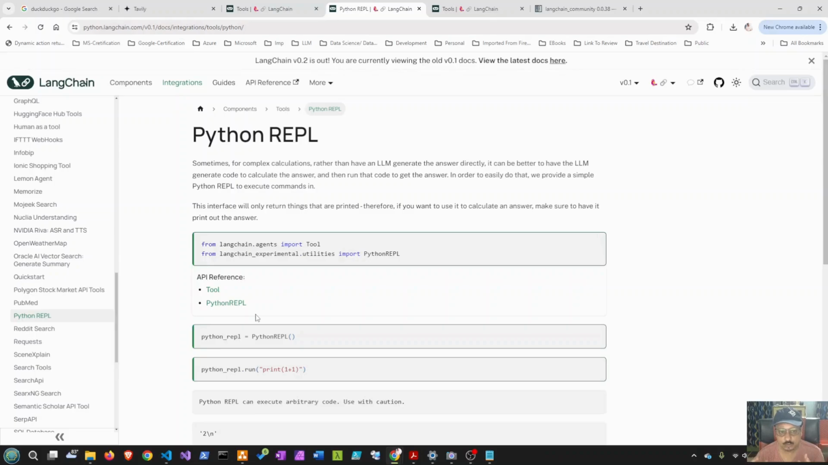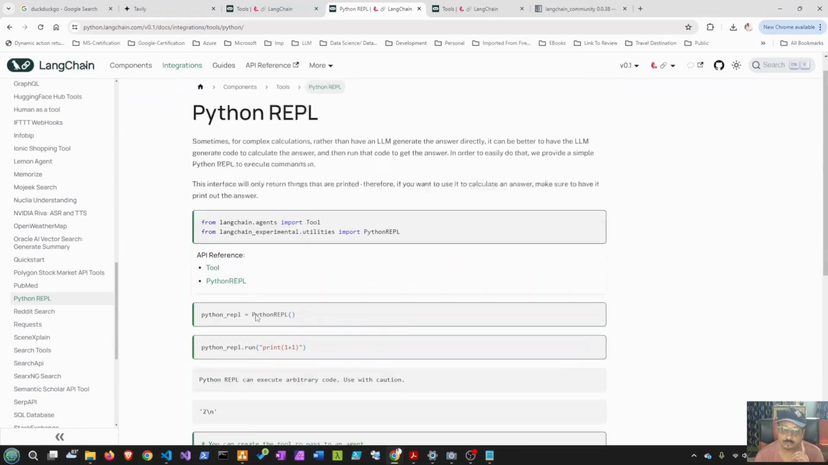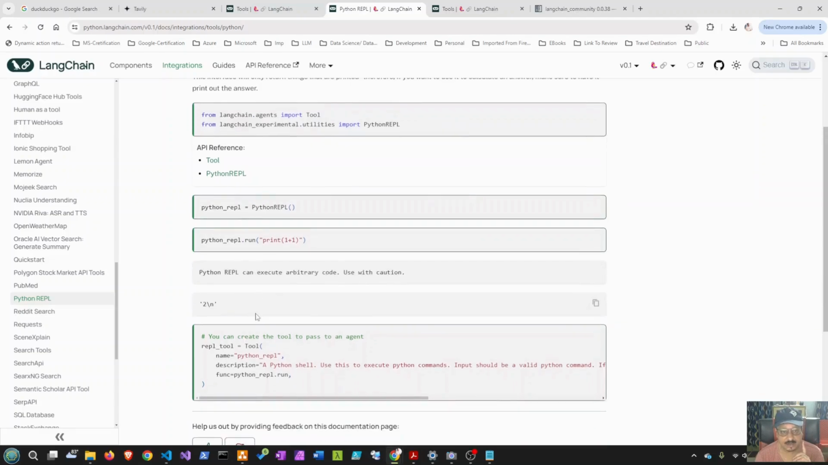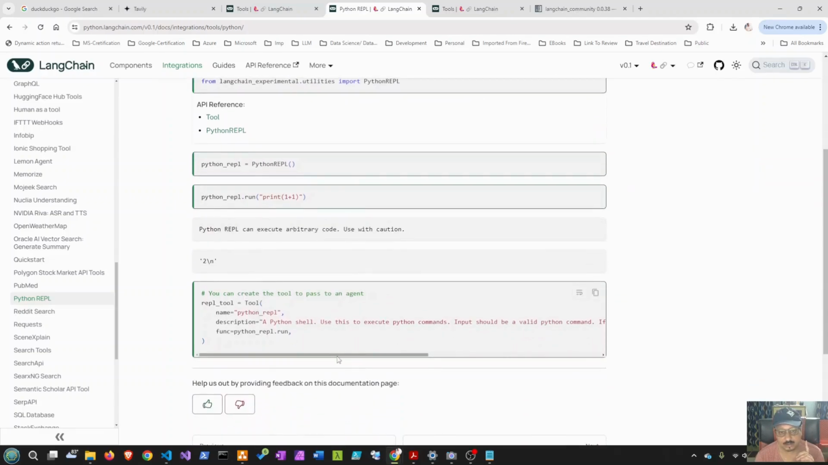So the agent knows which tool needs to be used for which purpose, and that is the description of the tool. If you use this particular tool, look at the description: a Python shell, use this to execute Python commands. This is very interesting actually. When you ask the agent a particular query, with particular information, like you provided a CSV or Excel to it, it immediately understands it needs to execute